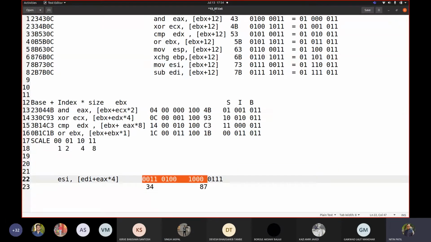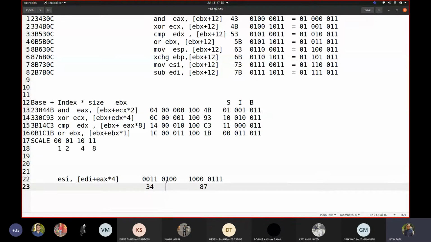Have you understood how we wrote this? Let me repeat one more time. We picked this formula. We had ESI, so mod would be 00 because we could see 00 is added. For ESI, we took 110. And as for each of these mods, we kept this 100 the same. Now if I group them in terms of 4 bits, I can see that this is 2 plus 1, 3, and this is 4, 100 means 4. So that's why 34. Similarly here, the scaling is 4, so the scale bits are 10.